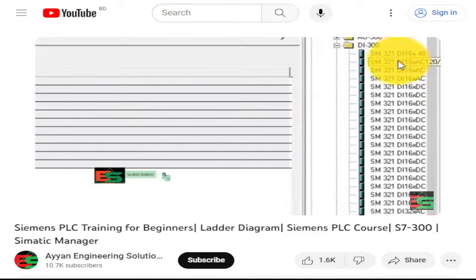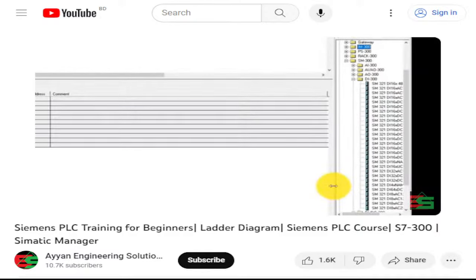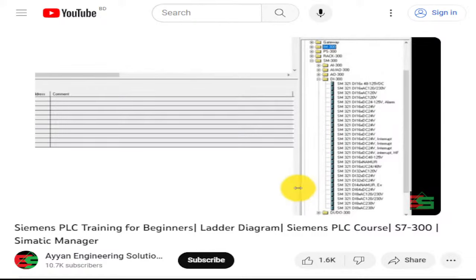And the digital input, so I will click on 321 AO. The 321 code is the digital input module. And last one is the communication module, so CP. Select your module according to your hardware. So I will select this one